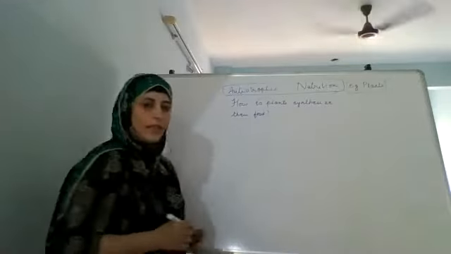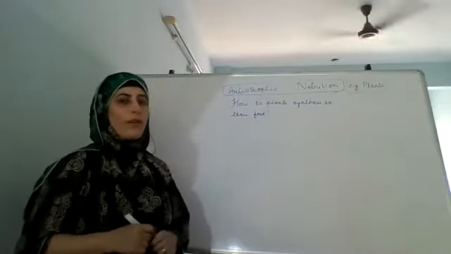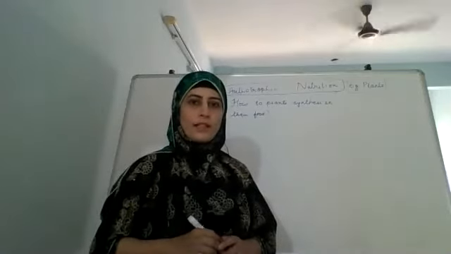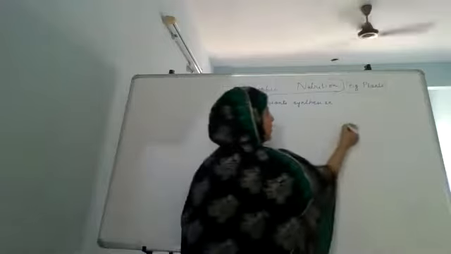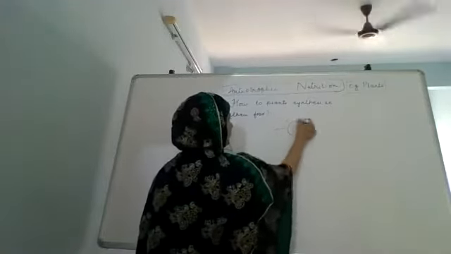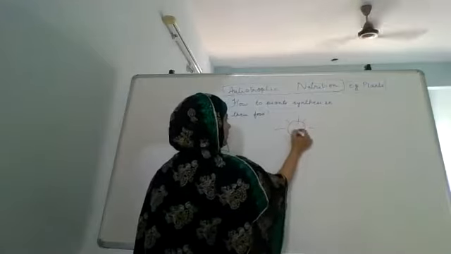Okay. Now, what are the key sources in the surrounding from where the plant can use for the synthesis of the food? What are the key sources? One is the sunlight. Okay,